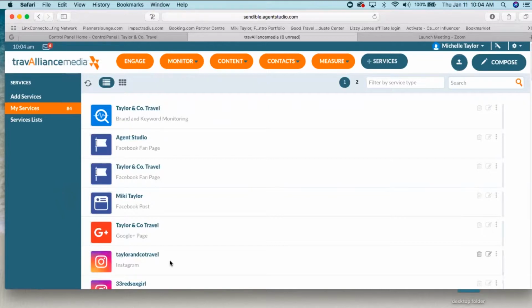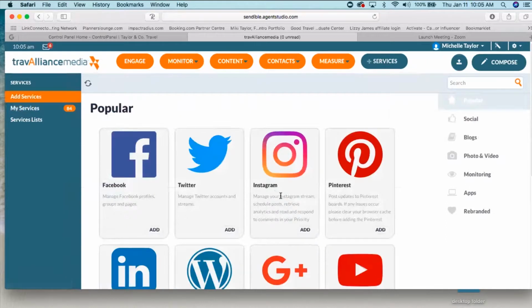So the first thing I'm going to talk about is Instagram, because that is probably where the focus of your questions probably lie for today. So with Instagram, there are a lot of different tools that we can set up. So I'm going to click on Add a Service and then click on Instagram.